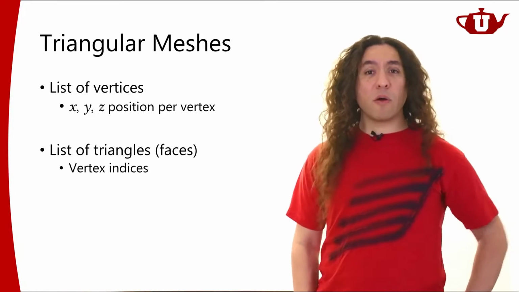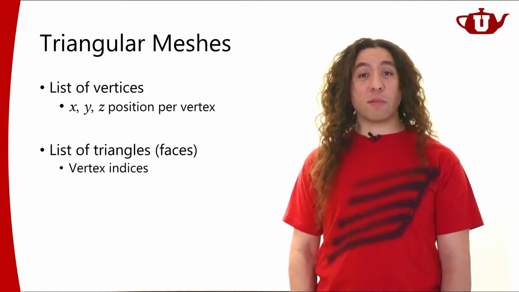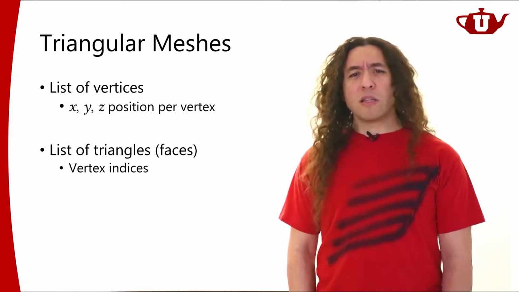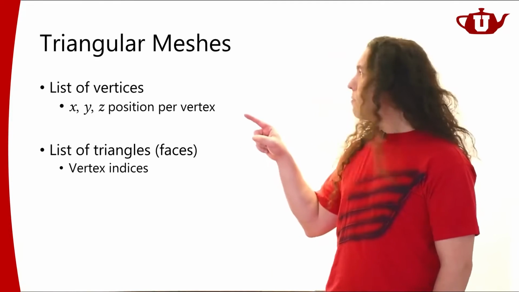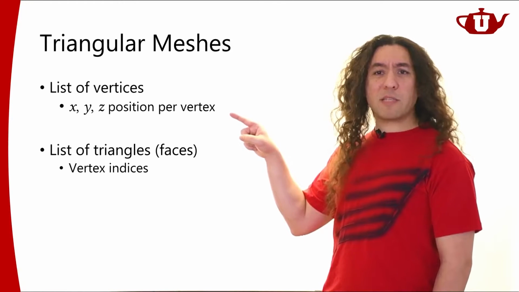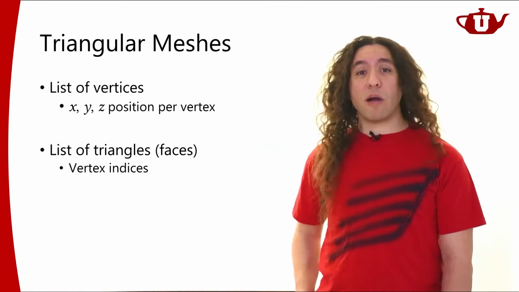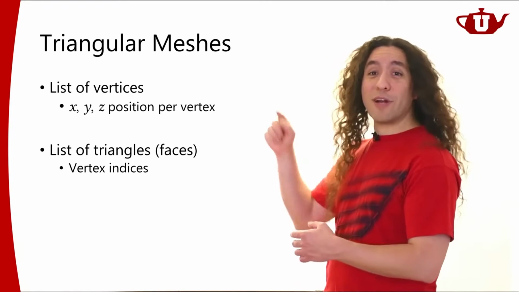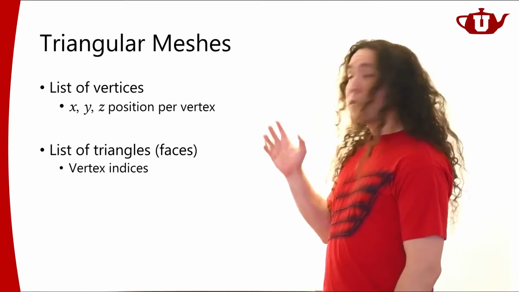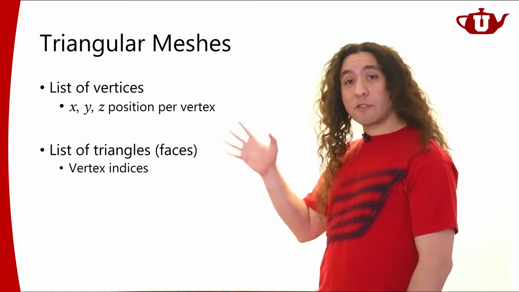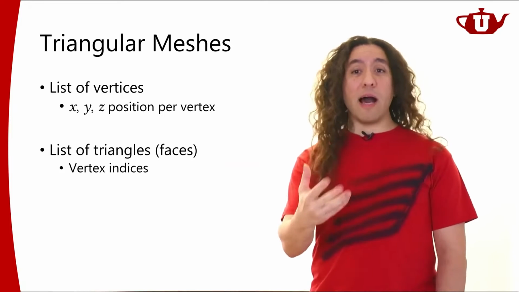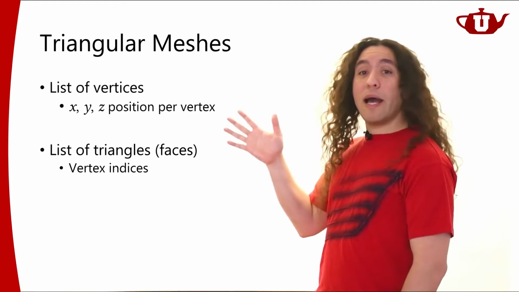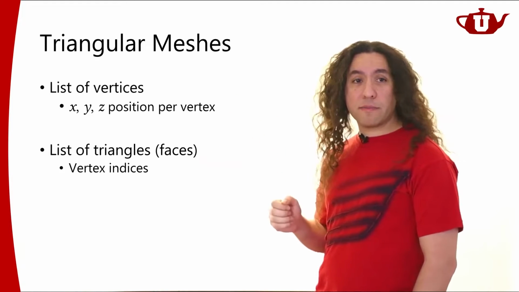Now we loaded an OBJ file for our project, but we didn't quite use the OBJ file so much. We just loaded its data, got a list of vertices, and drew them as points. That's what we did for our last project. In our new project, we'll actually be rendering triangular meshes. A typical way of representing triangular meshes, which is exactly how the OBJ file format represents them, is having a list of vertices and a list of triangles.